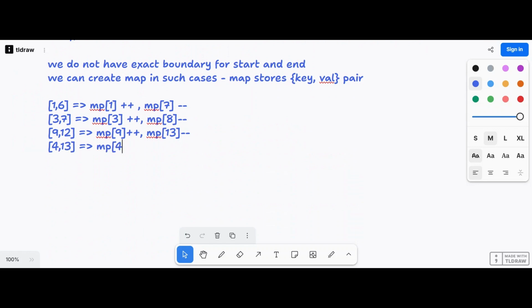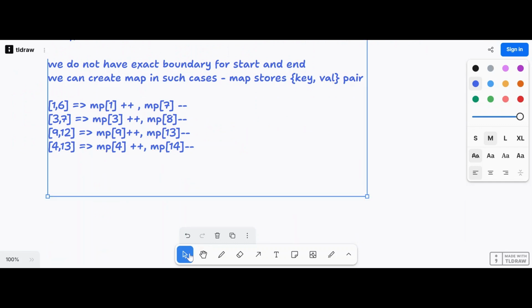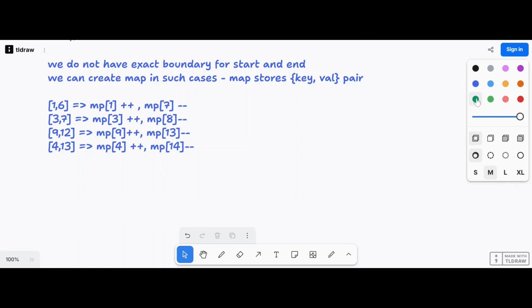So map of 4 plus plus and map of 14 minus minus. So this is how we have stored. Basically, if you see what you will get now, it is the array. What you will get now is map of 1 is equal to 1,